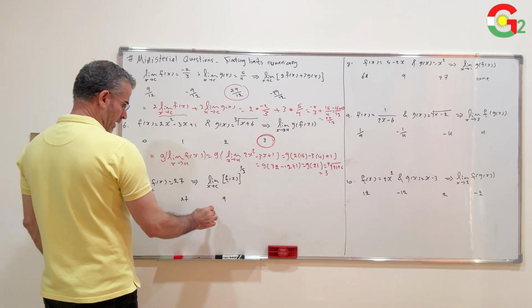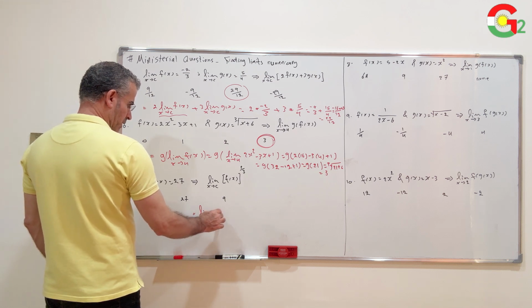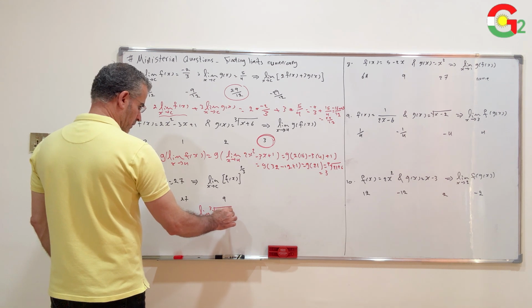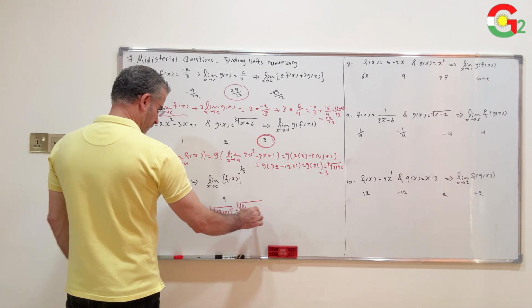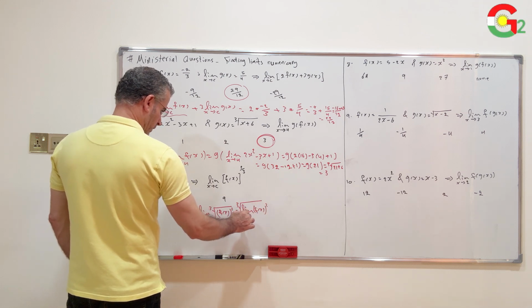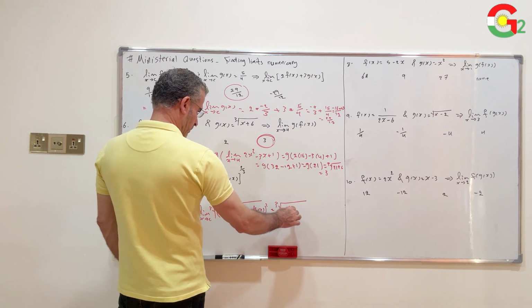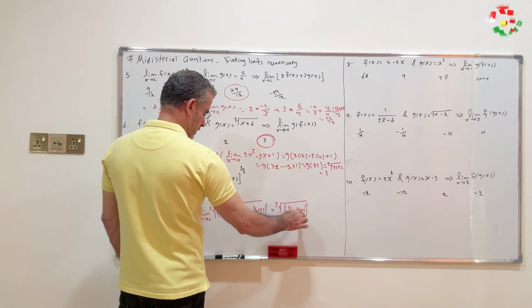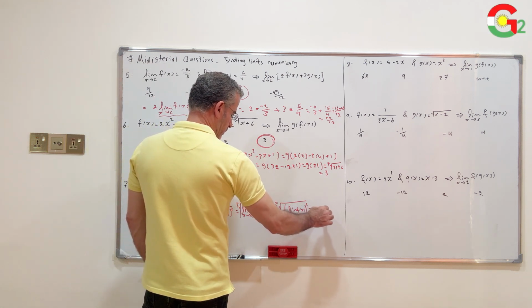I can rewrite this limit as the limit when x approaches c of the cube root of f of x squared, equal to the cube root of the limit of f of x squared when x approaches c, equal to the cube root of the limit of f of x, all squared, when x approaches c. The limit is 27, then 27